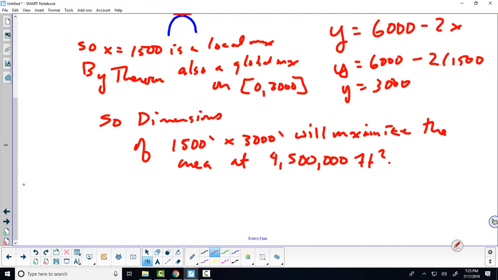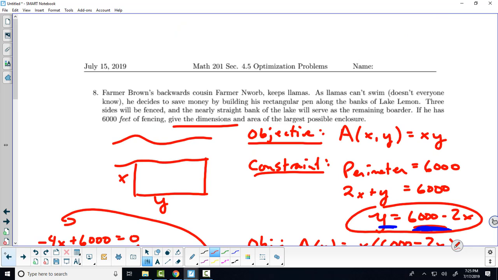Good catch. Amy, was that your comment? Yes. You don't even have to use all of the fencing to get the maximum area. What's that? We only use 4,500 feet of fencing out of the 6,000. There's 2 X's. Oh, right. Yeah, I gotcha. I forgot about that. In fact, okay, so